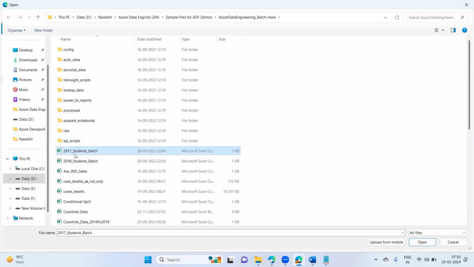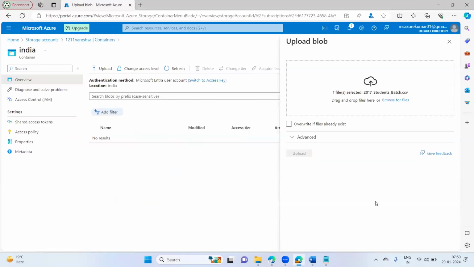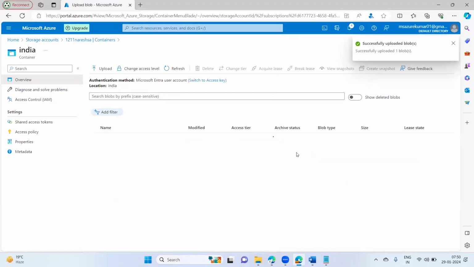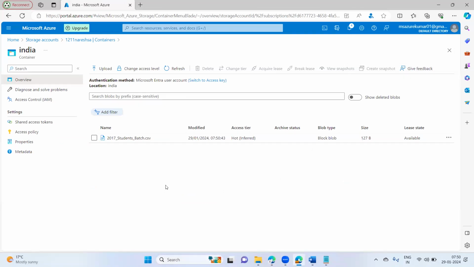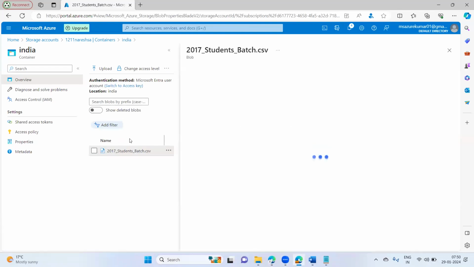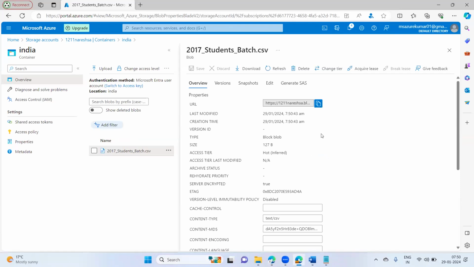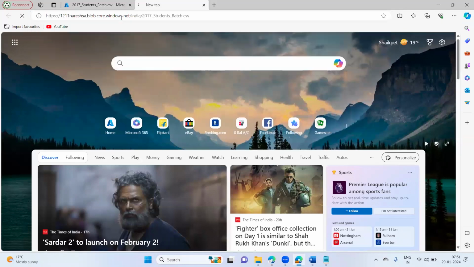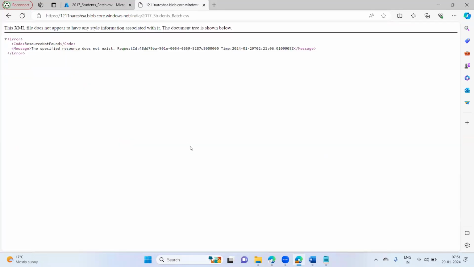I am taking one file here, 2017 students batch, and then say upload. That's it. So what you have done, you have uploaded a file from your private cloud to your public cloud. Now, when you click on this file and see here, if you take the URL of this file and paste it here,